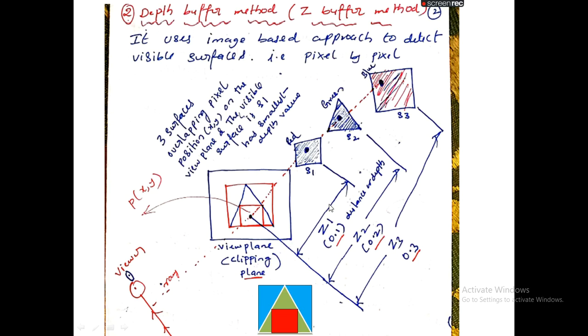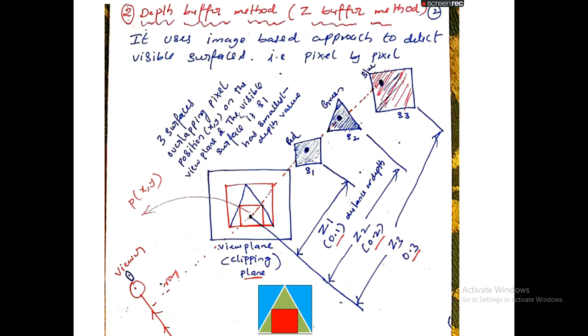I am assuming the distance between the view plane and the first surface S1 is 0.1, so the Z1 value is 0.1. Similarly, the distance between the view plane and surface 2 is 0.2, and the distance between the projection plane and the third surface S3 is 0.3.